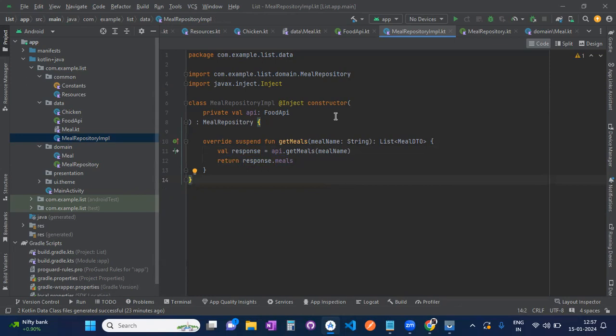Now what we will do is we will create our dependency injection module, and we will try to integrate Dagger Hilt in this project. What is Dagger Hilt? Dagger Hilt